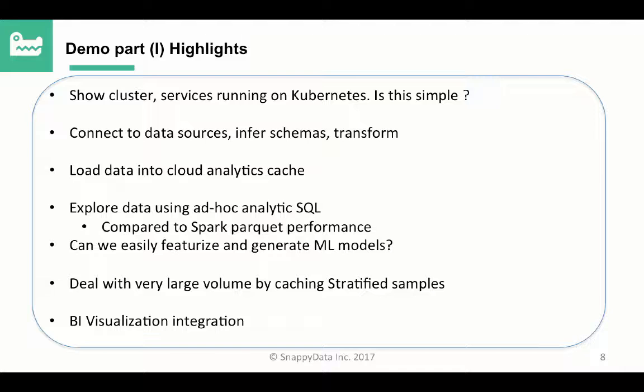All right, so what do I cover in part one? The first thing is that I'll show you the cluster and services running on Kubernetes. Kubernetes is our answer for how we achieve multi-cloud. Everything is done using a couple of Kubernetes operators. I'm not going to get into Kubernetes, but I will show you the commands I use, and we'll look at the Kubernetes dashboard. Then we will get into a notebook environment where we will immediately connect to data sources,